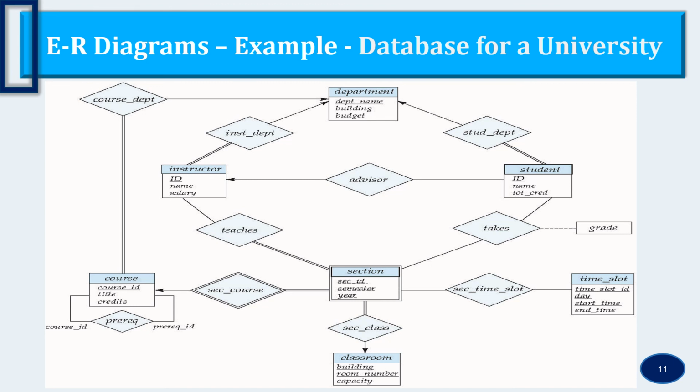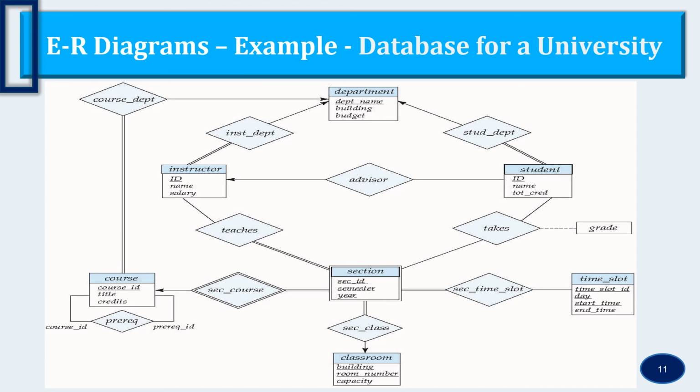And look at the mapping cardinality. It is many to one. Many instructors can be associated with a single department, many to one, right? So make sure that all the mapping cardinalities, all the participation constraints, and all the types of relationships are also specified. Types of relationships means we can have unary, binary, ternary relationships, etc., right? All these types of relationships can also be specified in the diagram.